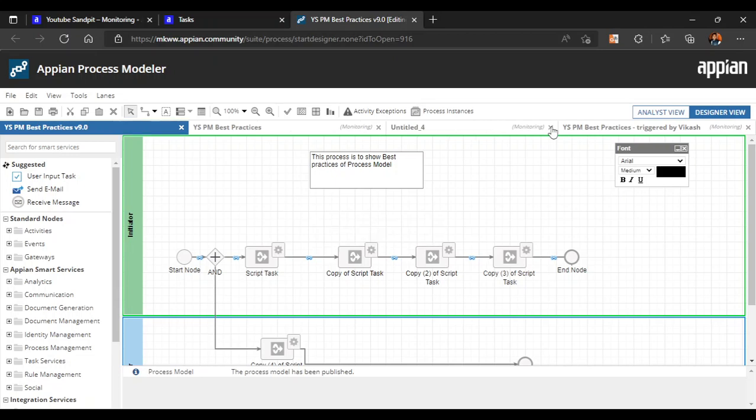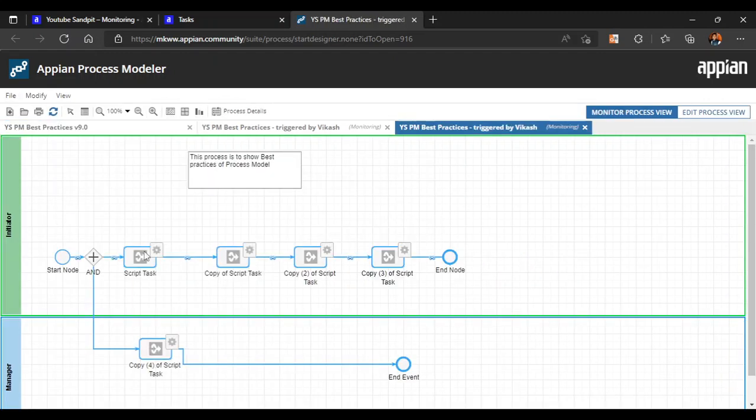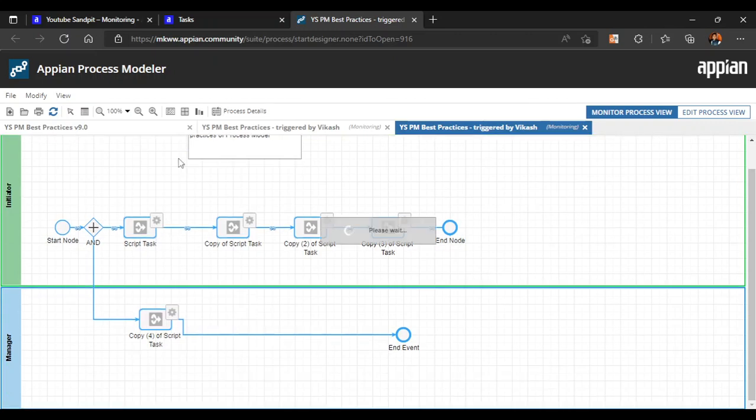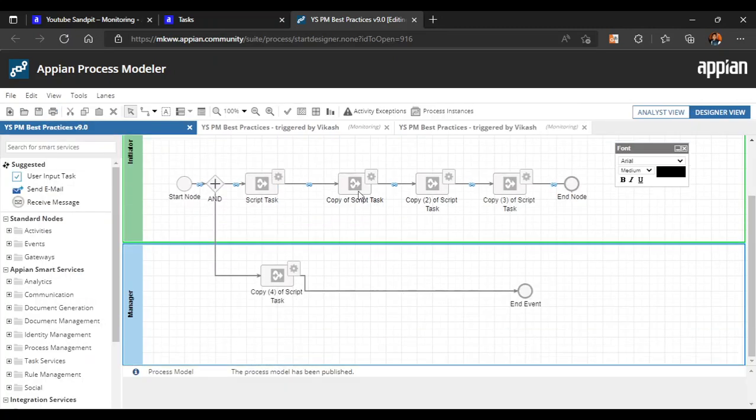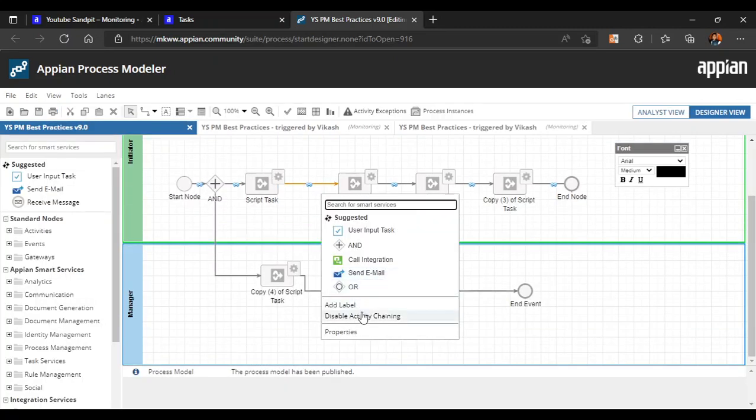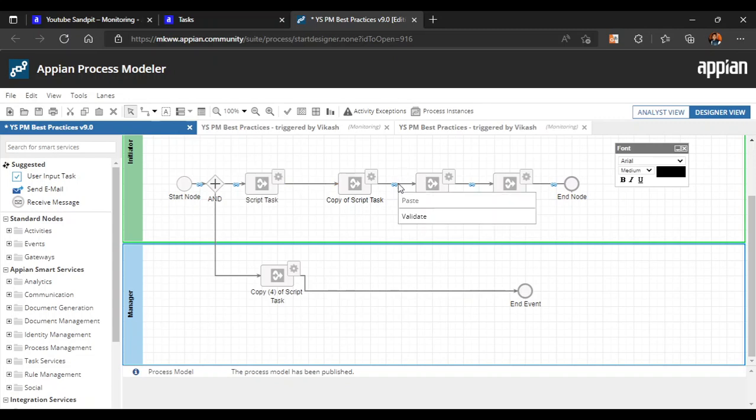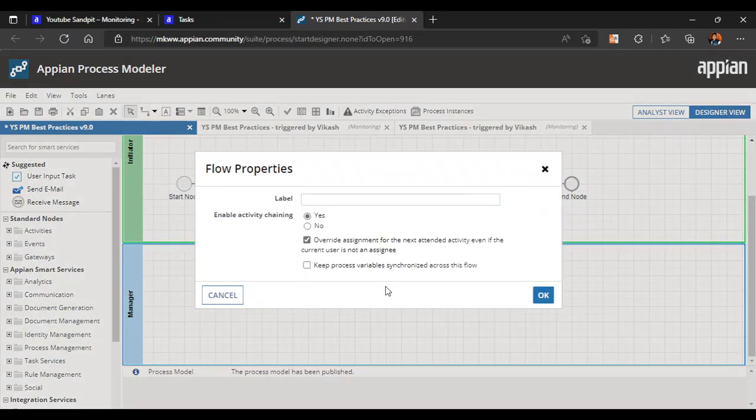Okay, now everything has been cleared. Let's start the process for debugging. If you see here, both the processes have been completed. Obviously it has taken more time, so here we can't see the difference, but let's see the difference now. What we will do is disable the activity chainings that are not needed, and after disabling it,